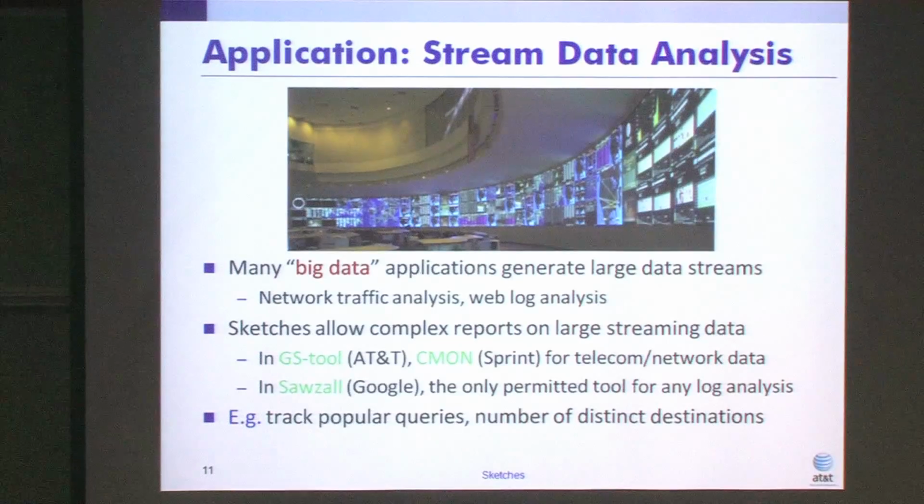You can estimate any function, if I've got the right information: how many people from Europe visited my website, how many people using Firefox visited my website, just by keeping essentially a very small sample.